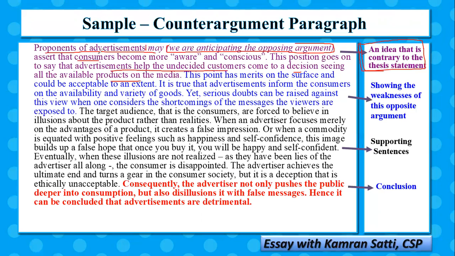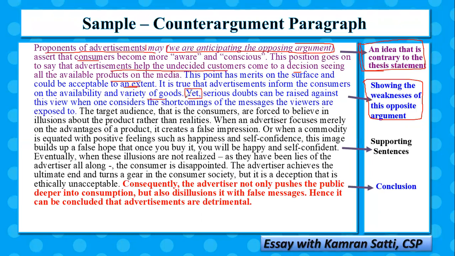So number one, we have stated the counter argument, and number two, in the blue text, we'll be showing the weakness of this opposing argument. This is one way to refute the argument. There are various ways we can refute the counter argument, and this way is to show the weakness. So read the text in the blue. This point has merits on the surface and could be acceptable to an extent, not fully. It is true that advertisements inform the consumers on the availability and variety of goods, yet